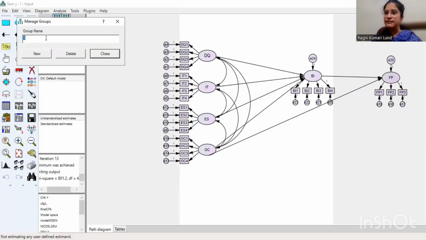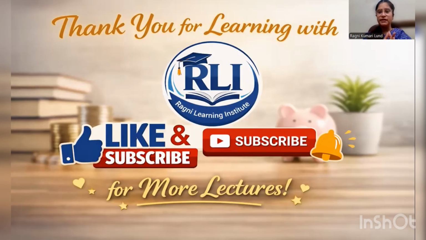All other things are the same. For example, in plugins, you can check your reliability, model fit measures, and so many things. But the trick you should know is how to add the moderator and categories. Correspondingly, whether you are dealing with one moderator or more than one moderator, moderation analysis using AMOS is very easy but a little bit tricky. Once you know how to add the moderator categories, then you can do it for sure. And if you are performing CFA analysis, SEM analysis, then again AMOS is a very easy and usable tool.